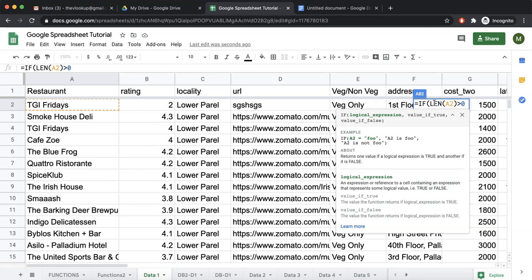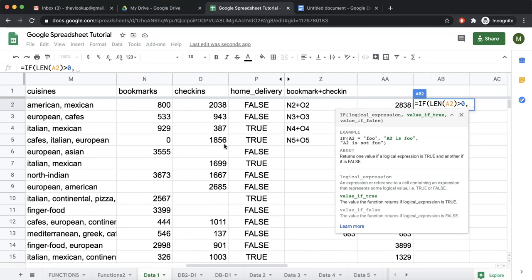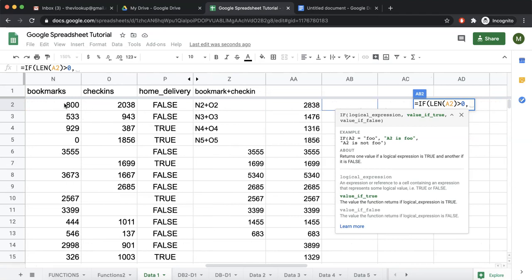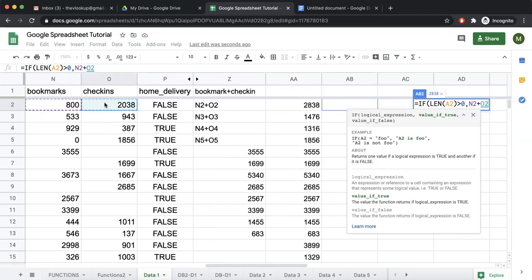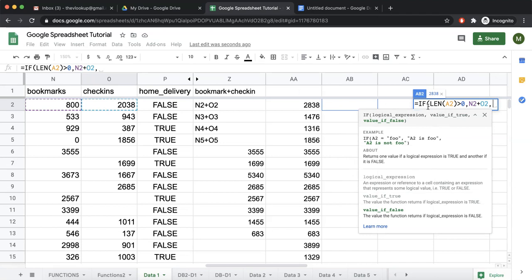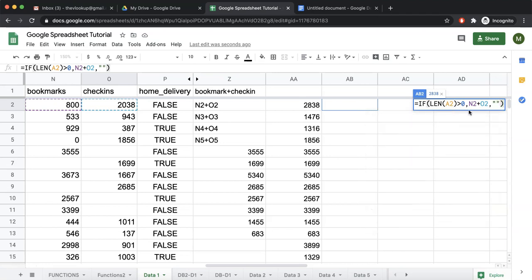So we write an IF statement: if the length of A2 is greater than 0, which means A2 is not blank, then add bookmark plus check-in. If it is false, meaning the length of A2 is 0 and column A is blank, then simply put blank. Inverted commas open and close is the same as saying a blank string.